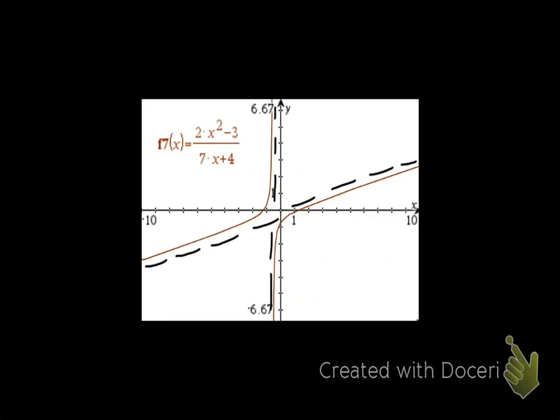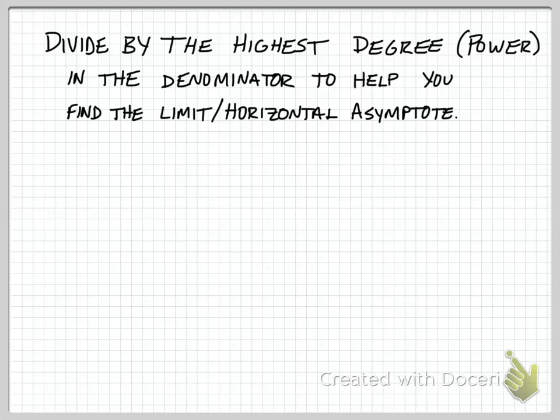So what does all of this mean? Ultimately, if we are trying to find the limit of a rational function, we just divide by the highest degree or the highest power in the denominator to help us simplify the rational function, and that will give us the limit or the horizontal asymptote, or I guess we could also say the slant